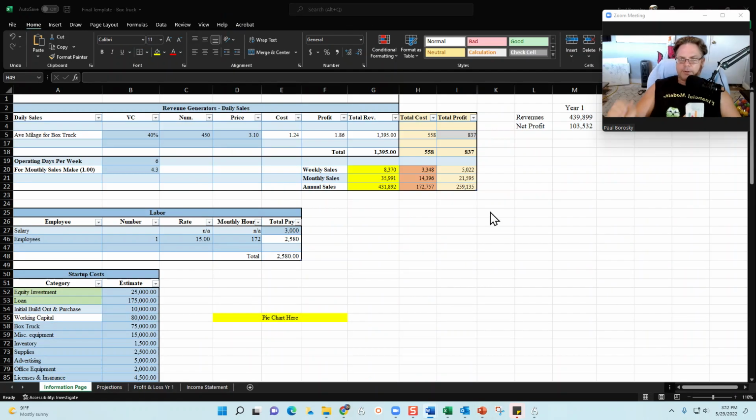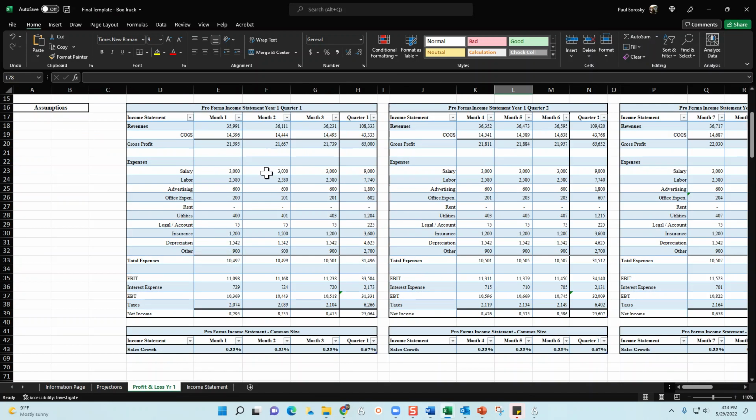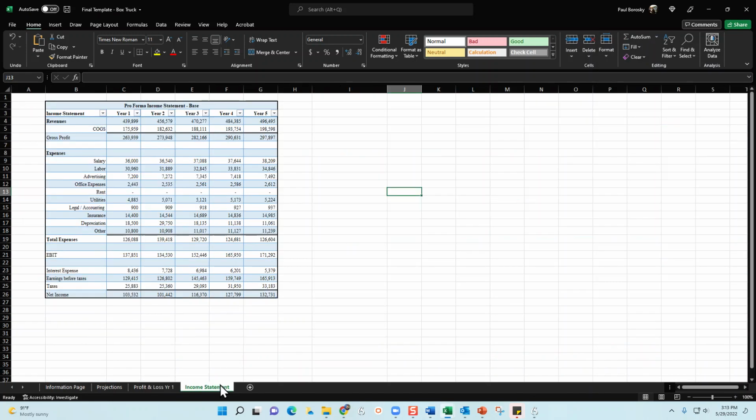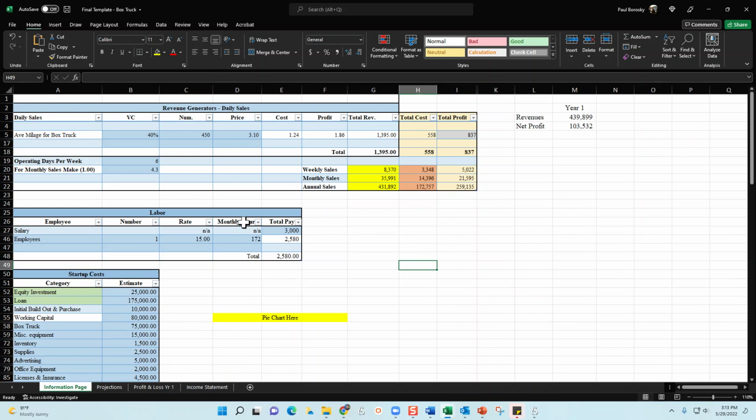And as promised, you also get an Excel file. This Excel file is customized for the box truck industry, with specifically box truck average miles per day. In this example, 450, but you can change this number to whatever you like. And when you change this number, then your profit and loss statement for the next 12 months will update. Also, it will update your pro forma projections for the next 5 years. So anything you change on this page right here will update it.